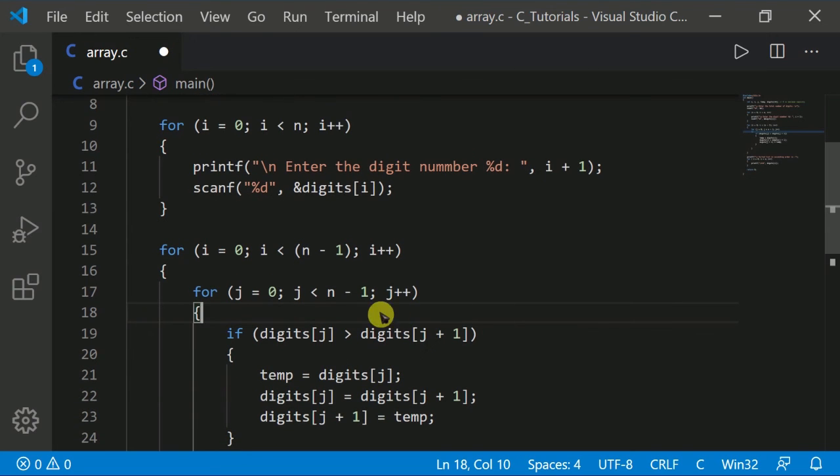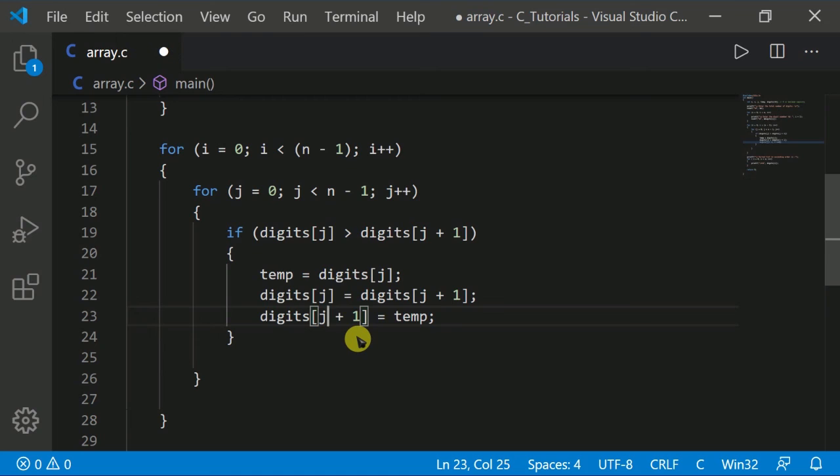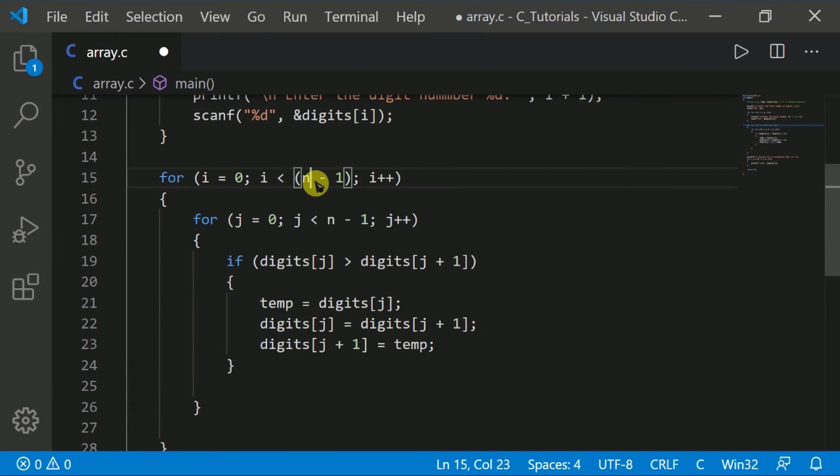This element is compared to every element from position i plus 1 to size minus 1, where size means the total number of digits, meaning all elements present below the extracted element.